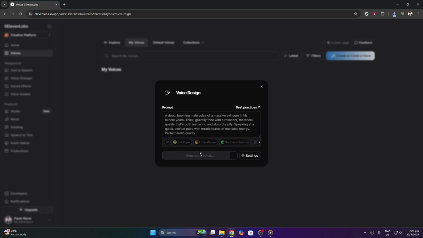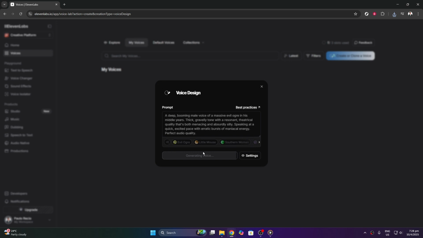Once you've entered the voice design section, the next step is to give the system a prompt. This is your opportunity to unleash your imagination and challenge the capabilities of the platform. Click on the Give Prompt button, which will allow you to input whatever quirky, mysterious, or adventurous scenario you have in mind. This prompt is the foundation upon which your voice design will be built, so don't hold back on